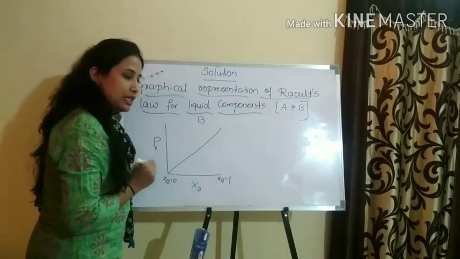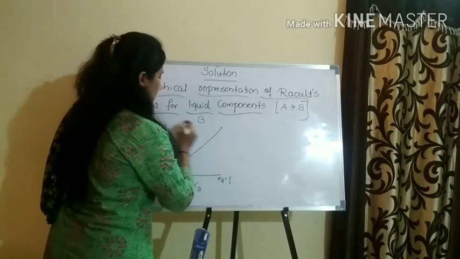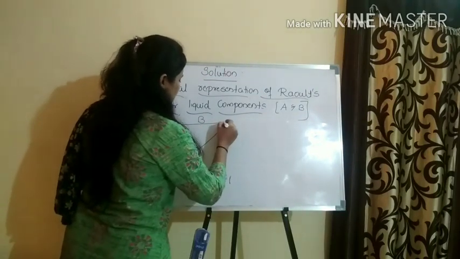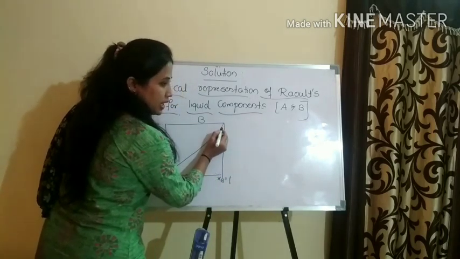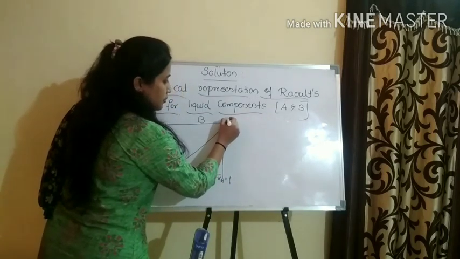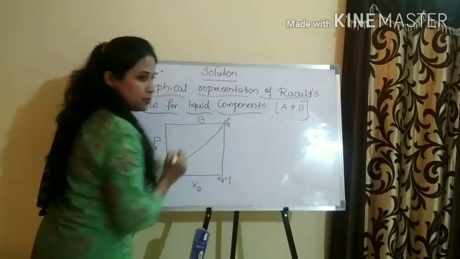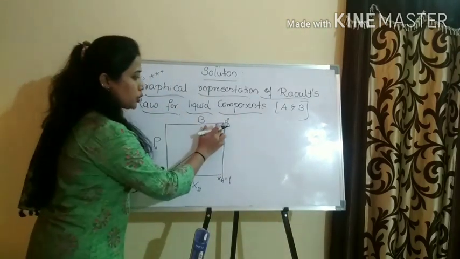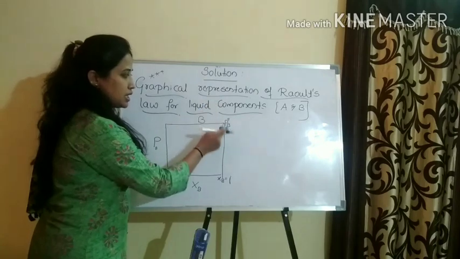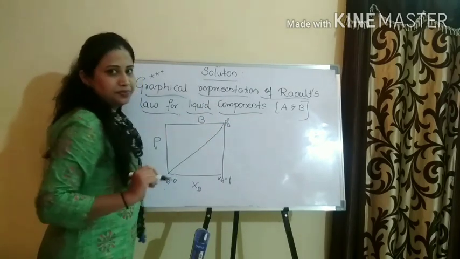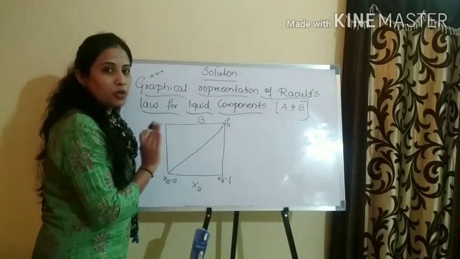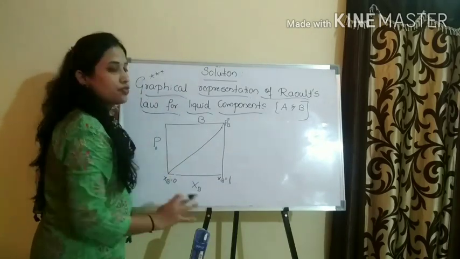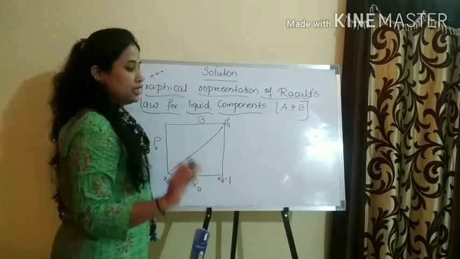Can I say yes. So whatever the vapor pressure, I'm just joining here, whatever the vapor pressure generated is because of this pure component B. Agree? Because of this pure component B. So what I am representing here is P naught B. This is the pure component before mixing. This graph is just for the solvent B.